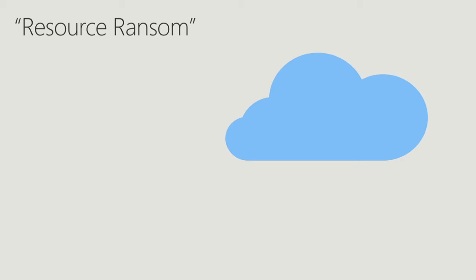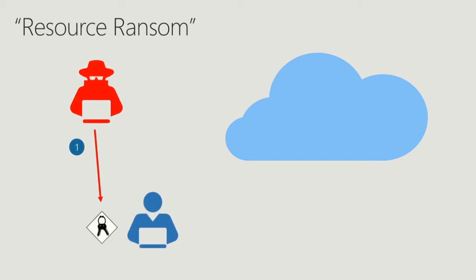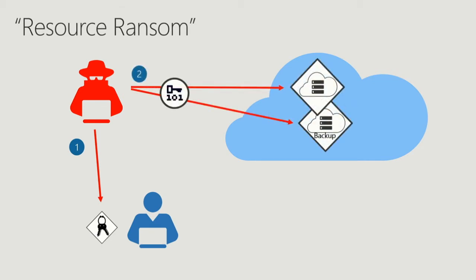The next attack is what we like to call resource ransom. If you thought ransom is only about virtual machines, Linux and Windows machines, well, forget it. Attackers are looking to expand and get more money. And where's that money? PaaS services as well. In this scenario, an attacker managed to access a storage account, for example, or a vault containing passwords or keys or tokens. Once the attacker got access to that, he will encrypt the data, or he will steal the keys, or in some cases we've seen, encrypt the keys that